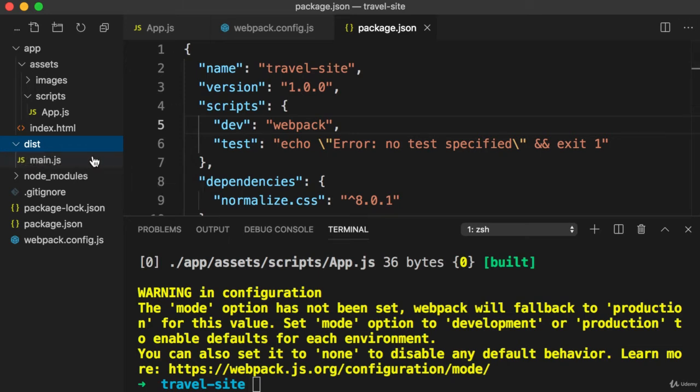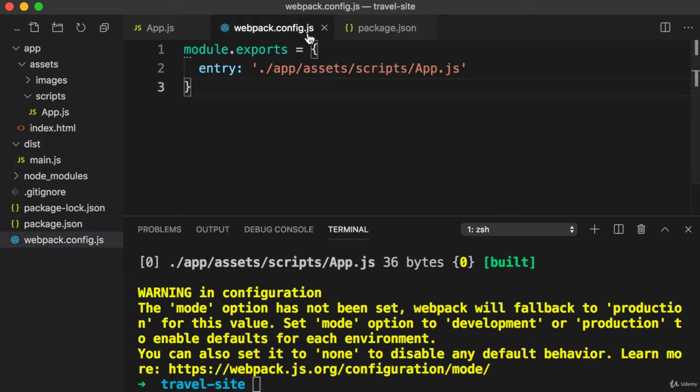This is great, but what if we don't want the new generated file to be named main.js? What if we want to control what it's named? And also, what if we don't want it to go into this dist folder? What if we just wanted the newly generated or bundled file to live within our app folder? Well, let's set that up right now. So jump back into your webpack.config.js file, and right at the end of this entry line, let's add a comma, and then we can drop